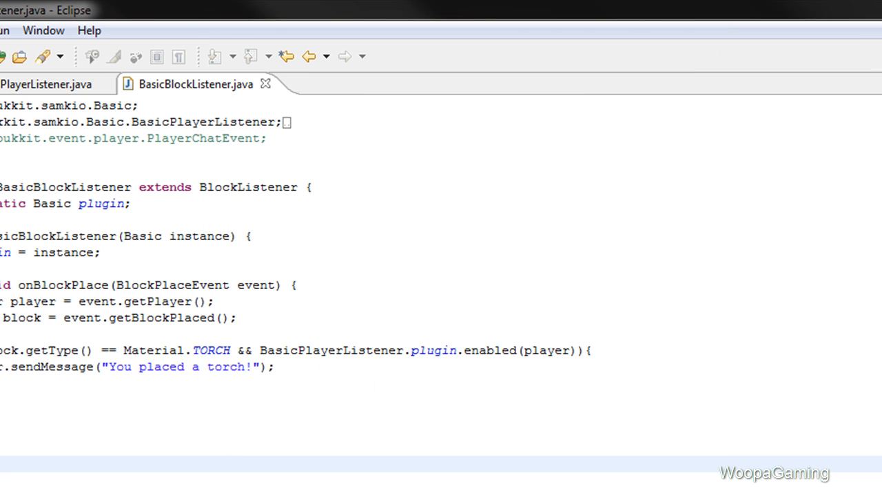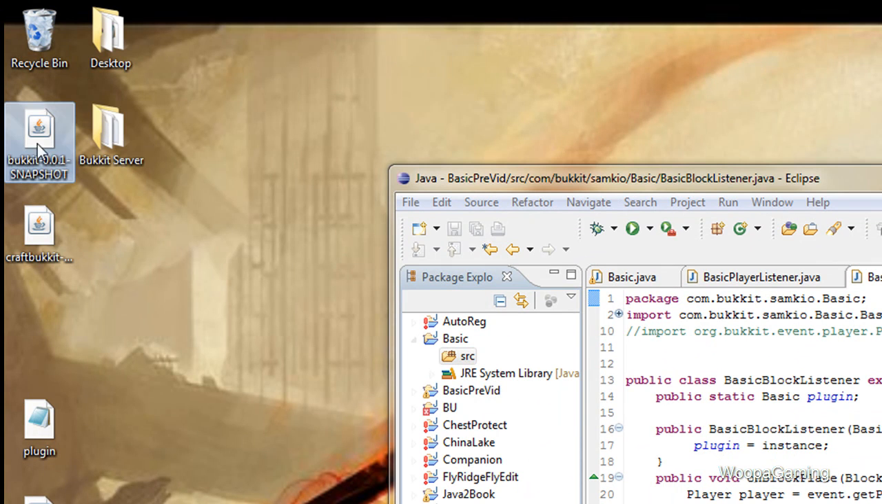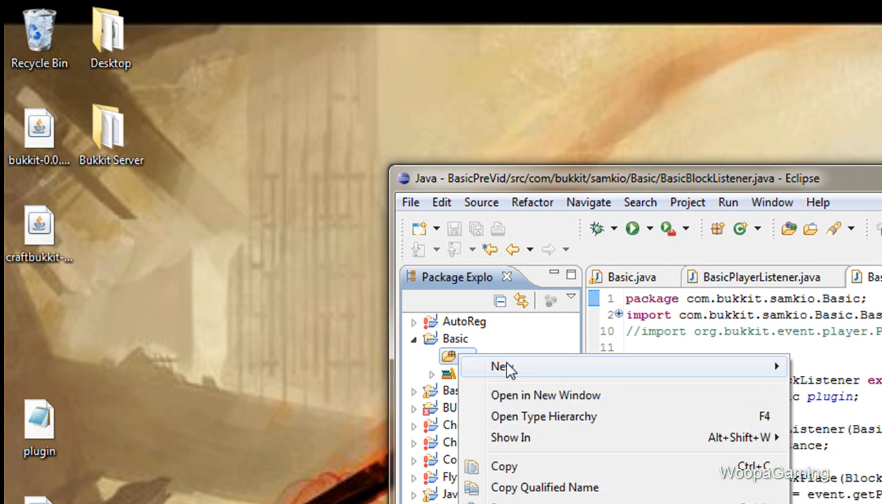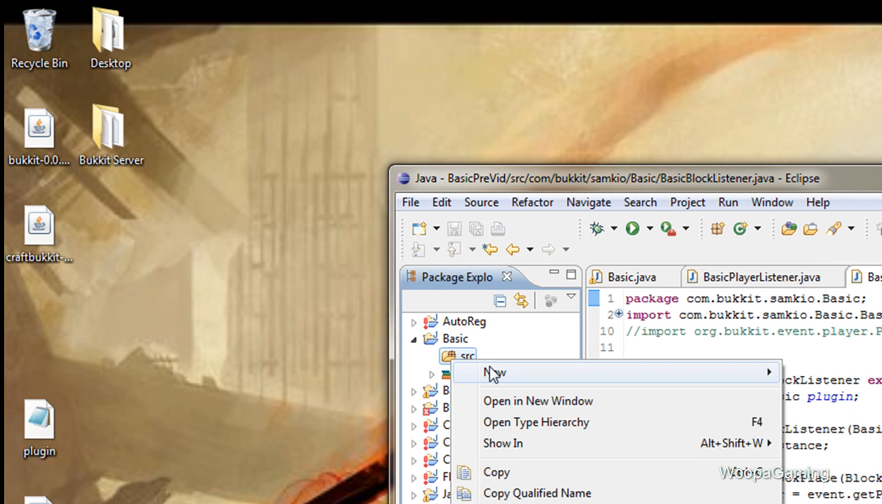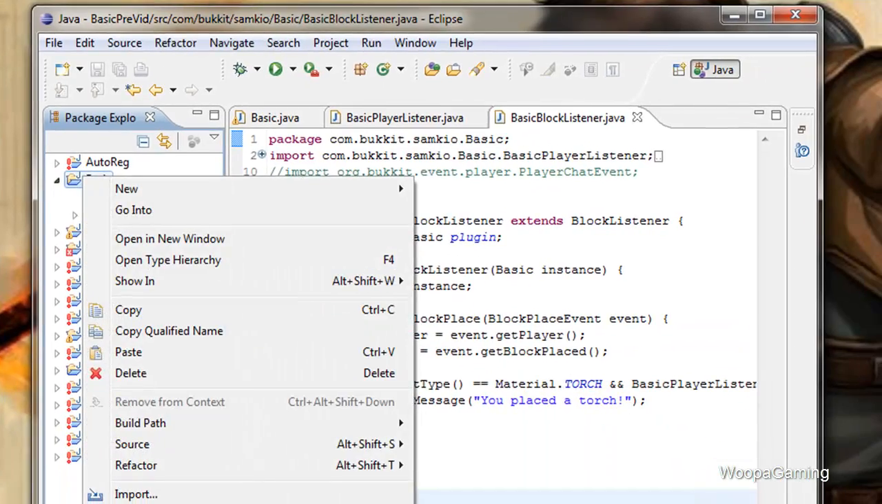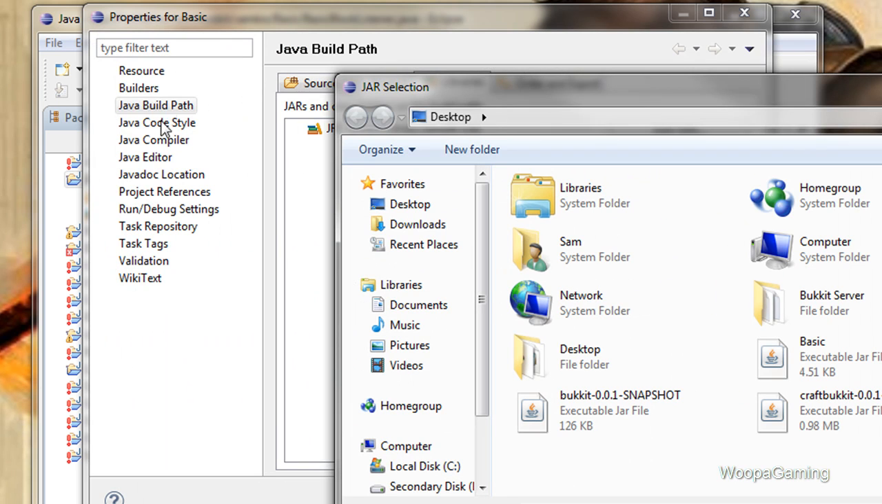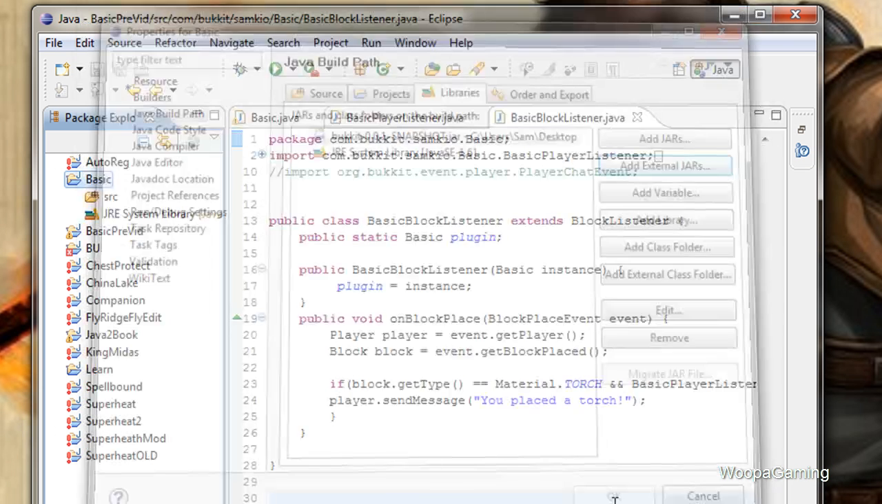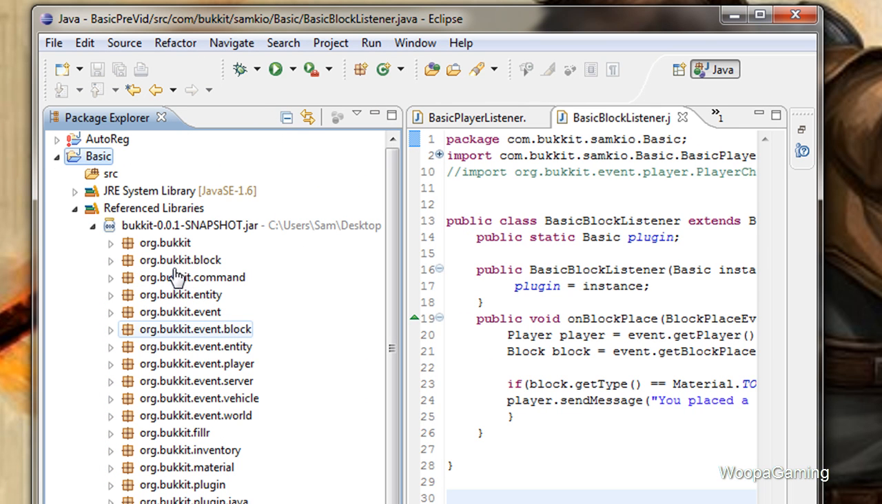Right, now we need to import the BUKKIT jar. Here it is on my desktop. This is the latest version at the time. So we need to go to Basic, Properties, Add External Jars, which is under Java Build Path, and then we want to click on BUKKIT 0.01 Snapshot. This basically imports the reference libraries, and we can see all the classes